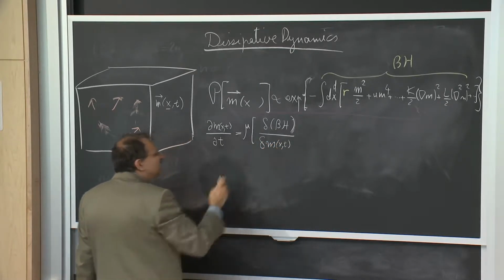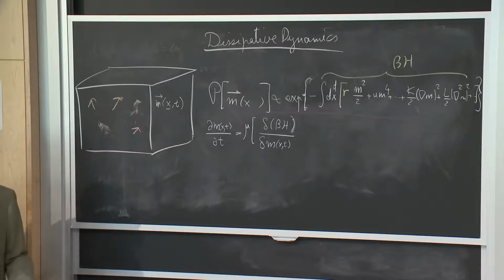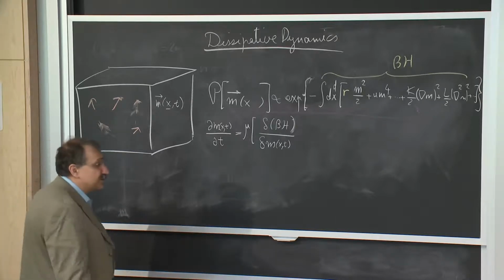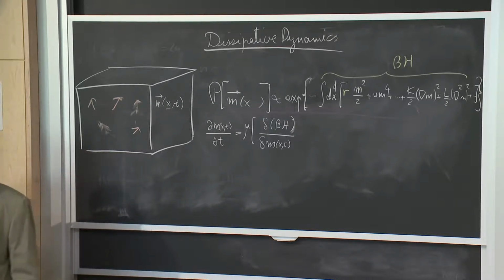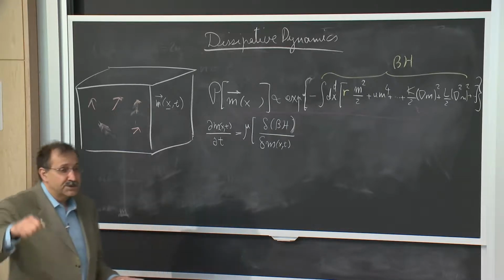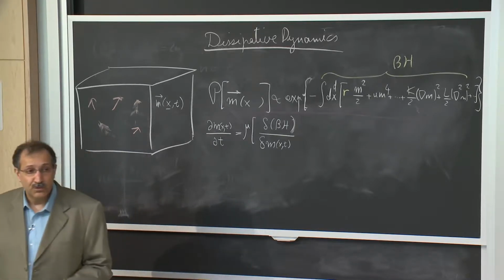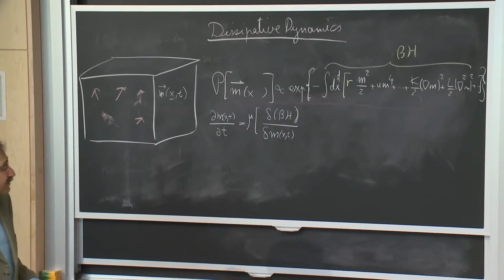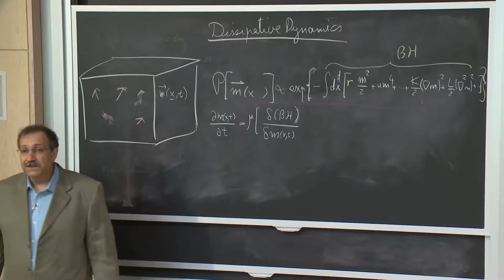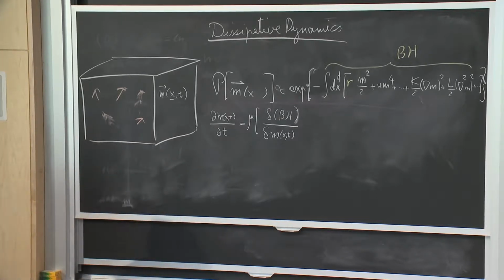And since I don't have just one variable but a field, the analog of the derivative becomes this functional derivative. And in the same sense that the Brownian motion is trying to pull you towards the minimum of the potential, this equation, if I stop over here, tries to put the particle towards the minimum of